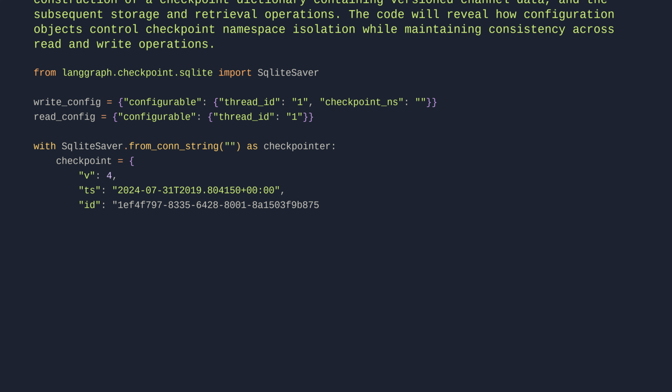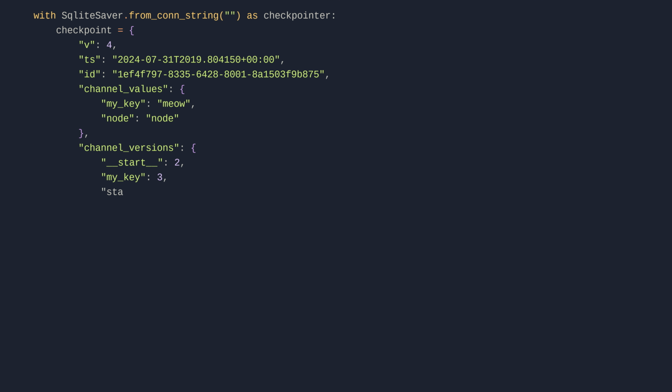"id": "1ef4f797-8335-6301-8a15-03f9b875...", "channel_values": {"my_key": "meow", "node": "node"}, "channel_versions": {"__start__": 2, "my_key": 3, "start:node": 3, "node": 3}, "versions_seen": {"__input__": {}, "__start__": {"__start__": 1},